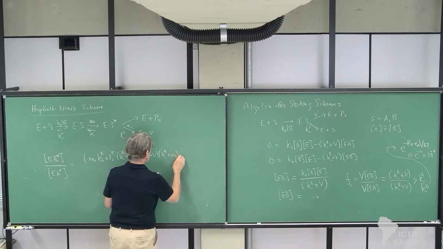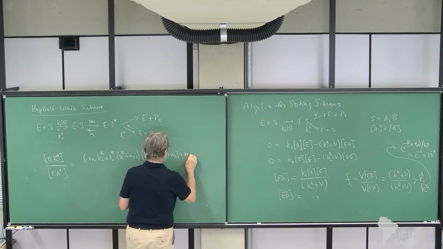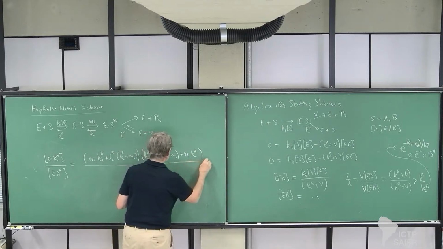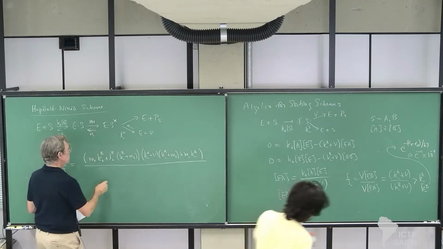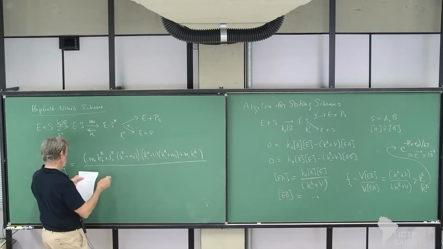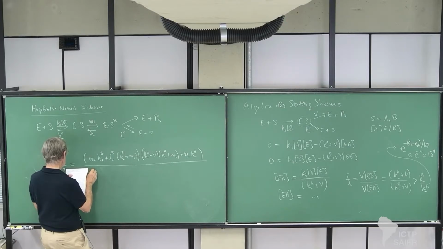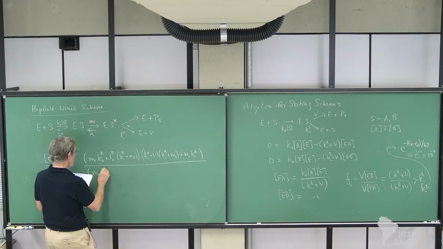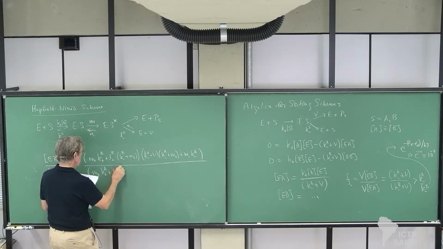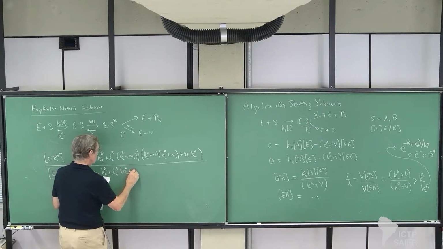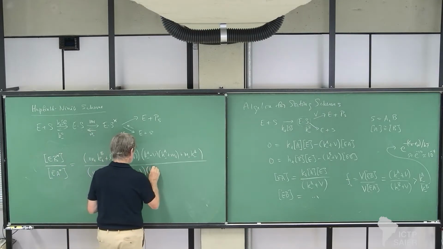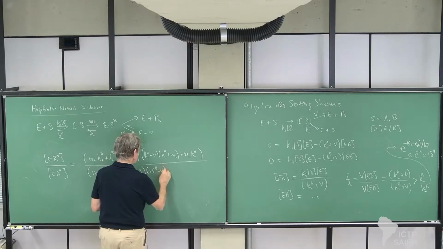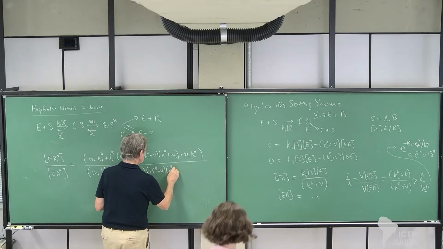M plus M minus K minus A. That's the numerator, and the denominator is basically the same thing with B replaced by A and A replaced by B. So this is M plus K plus A, L plus A, K minus A plus M plus, L minus B plus B, K minus B plus